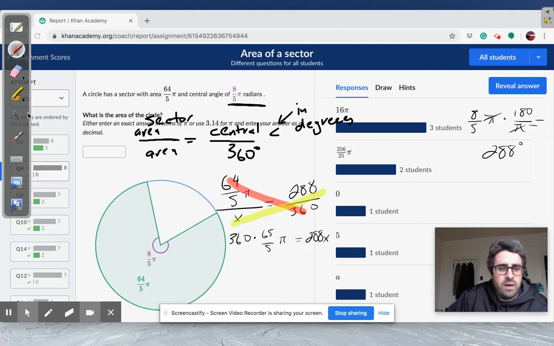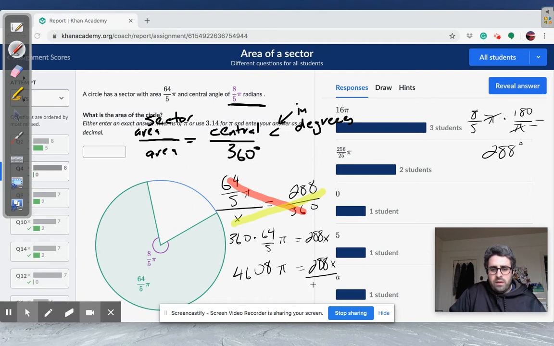I wrote 65, sorry, it should be 64. That would have changed things. So 360 times 64 divided by 5 is 4608 pi equals